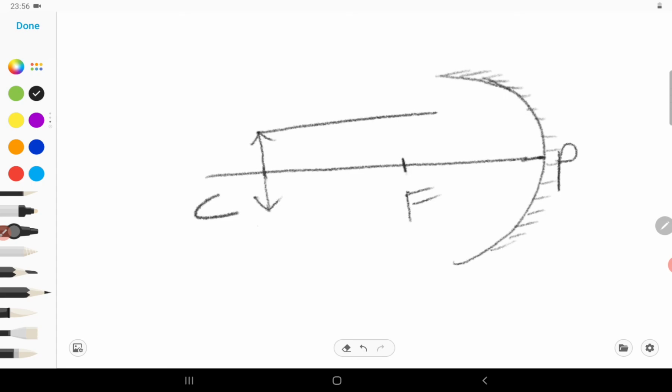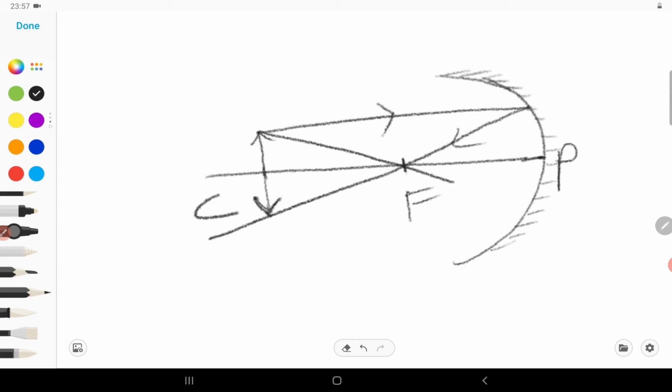Then using the first rule, any ray parallel to the principal axis should pass through the focus, right, and should meet this particular line. And any ray passing through the focus, this was the third convenient ray, should be parallel to the principal axis,